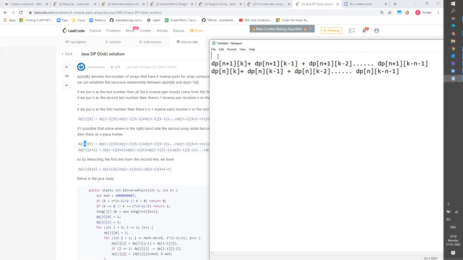Right. So in this case, probably we'll have to take k as the first dimension and n as the second dimension. That would make more sense. So if we take dp of k comma n instead of dp of n comma k, then it will become a similar equation to this. Yeah. So once you get this equation, then probably we should always try and see if we can do whatever he tried to do. Basically, let's get dp n k and dp n k plus 1 and see the difference, and we can do the commonality so that we can reduce it to this simple equation rather than going through everything.